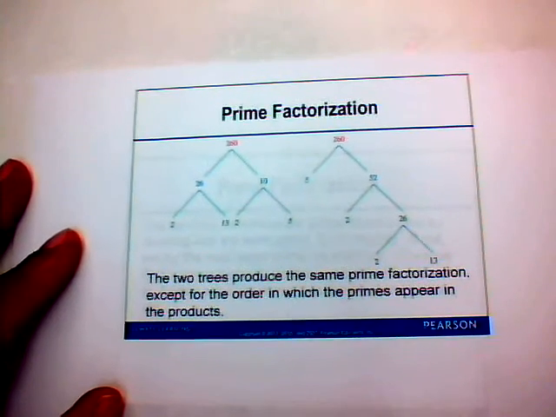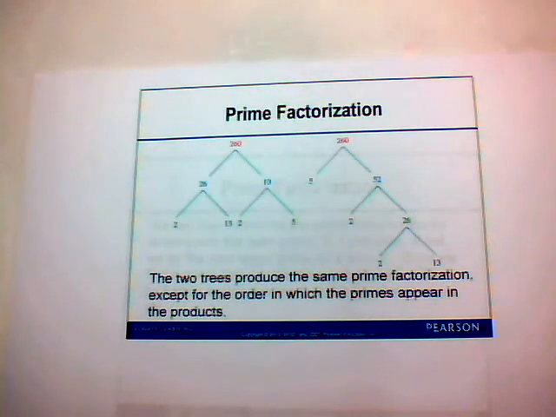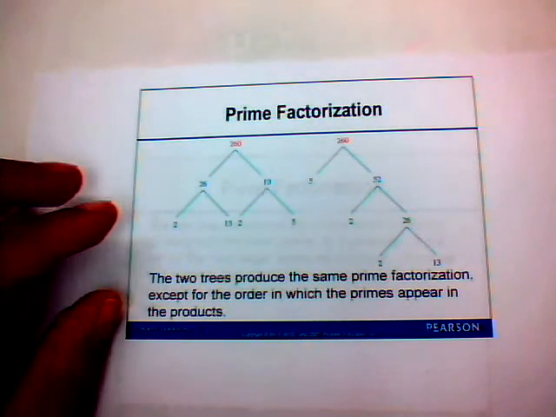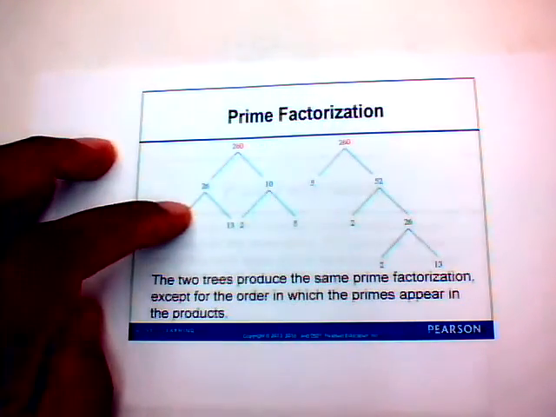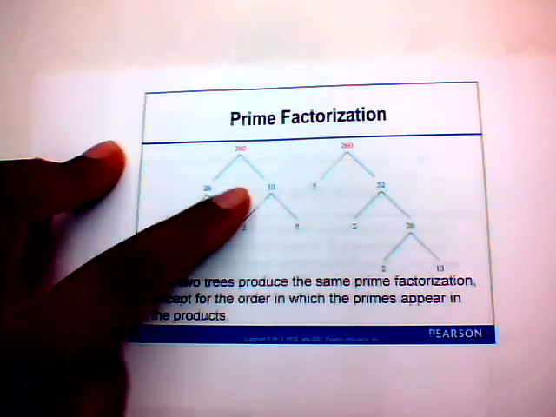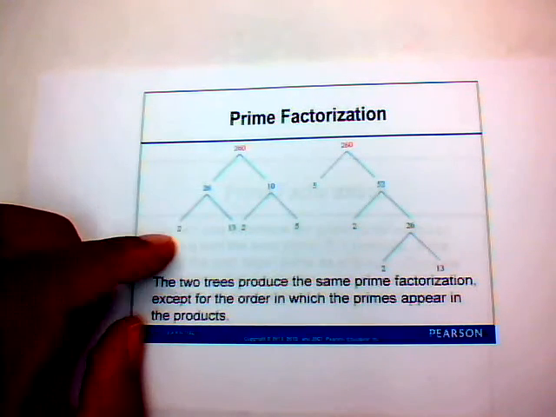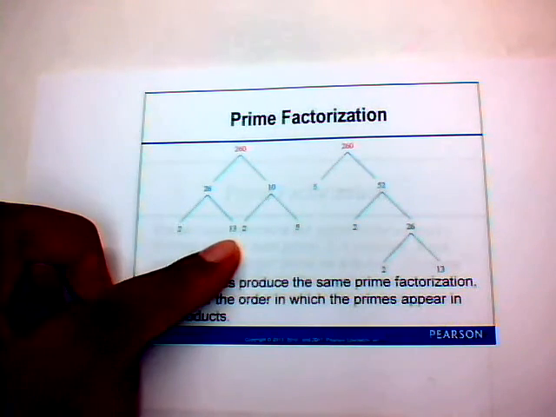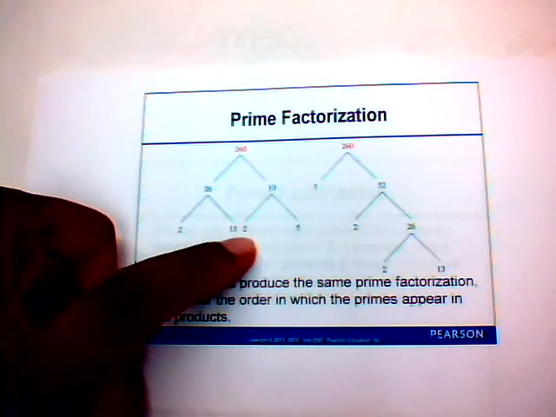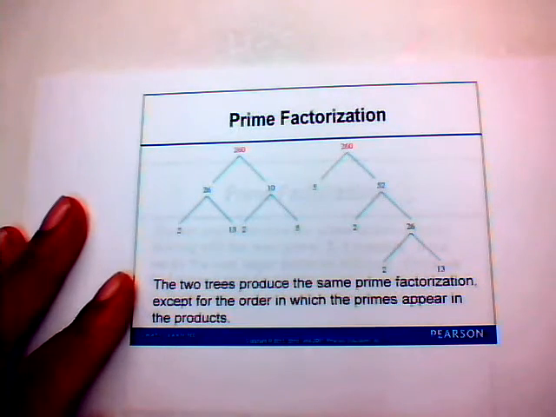Here's some more prime factorization examples. The two trees produce the same prime factorization, except for the order in which the primes appear in the products. Like in the number 260. One way you can do that, break it up as 26 times 10, because 260 is a multiple of 10. Then 26 can be broken up into 2 times 13. 10 is broken up into 2 times 5. Or,